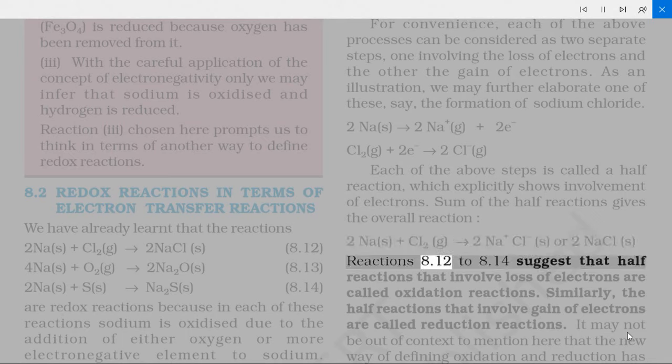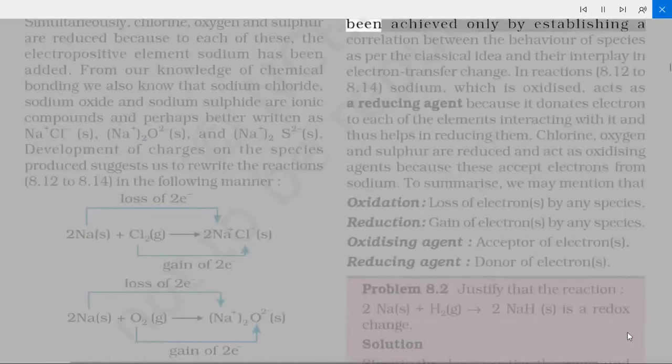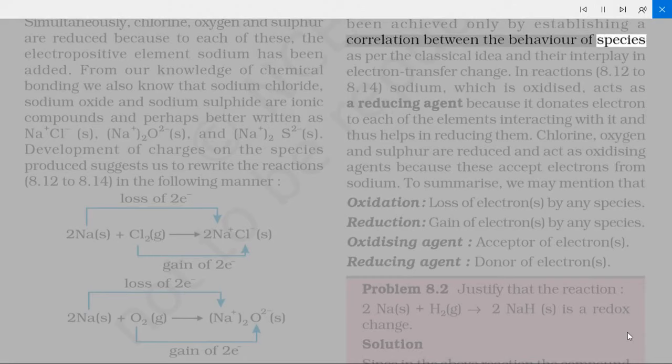Reactions 8.12 to 8.14 suggest that half reactions that involve loss of electrons are called oxidation reactions. Similarly, the half reactions that involve gain of electrons are called reduction reactions. It may not be out of context to mention here that the new way of defining oxidation and reduction has been achieved only by establishing a correlation between the behavior of species as per the classical idea and their interplay